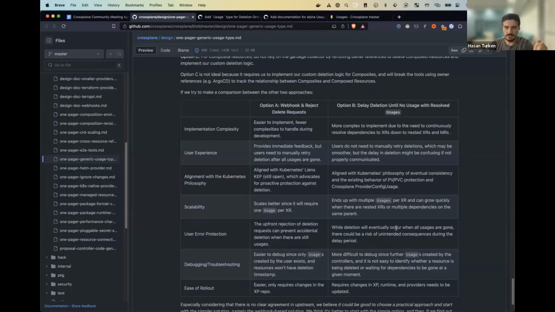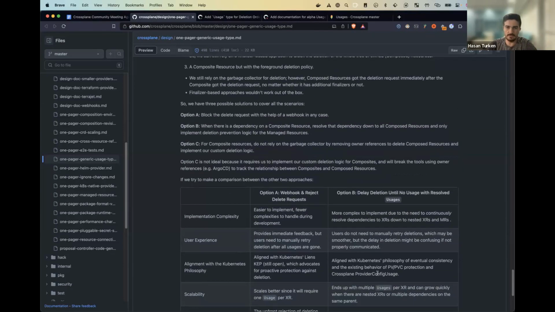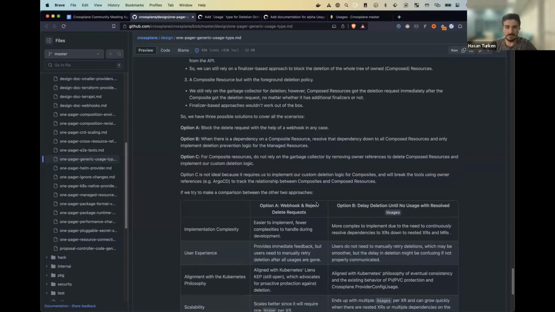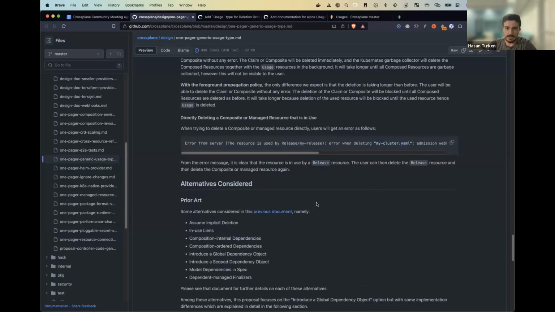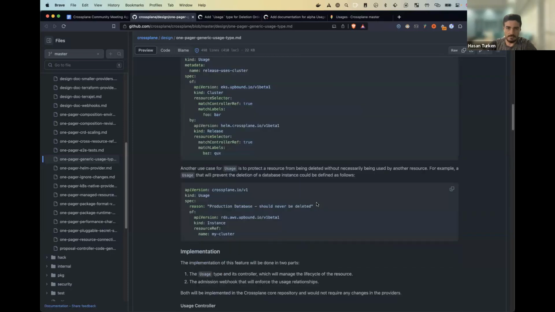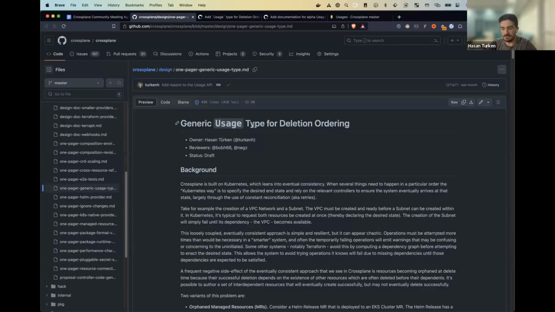For anyone interested, they can check the comparison chart here and why we ended up with this webhook-based solution, which is also in line with the Kubernetes Lien proposal. It is still a KEP, not merged yet, still open, but it's also going in a similar direction, where a resource that is in use will be rejected with an admission webhook with a conflict error.